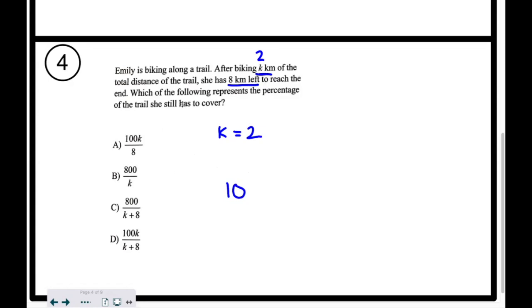So then, after you pick your value, answer the question. Which of the following represents the percentage of the trail she still has to cover? Well, she has 8 left out of 10, which is 0.8, which is what percentage? That's 80%. So basically what I did was I made K 2, that led to an answer of 80%. So now I just plug in 2 to the answers, and the one that gives me 80 is the correct